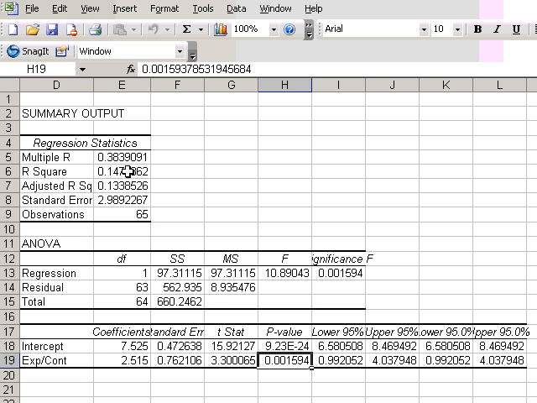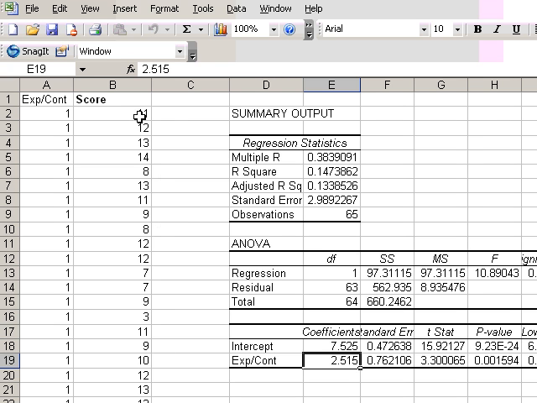So even though 15% is relatively small, we're actually accounting for some of the variance between the experimental and the control group. Now in this context, what does the intercept and what does the coefficient on the experimental control group mean? Let's go back to the data